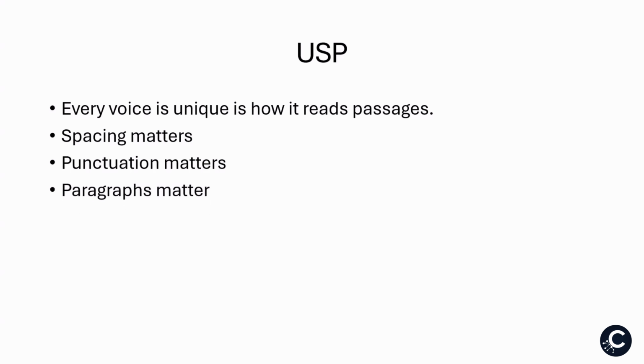Paragraphs matter. So if you change something from a long block of text to, let's say, 3 or 4 paragraphs, the AI is going to read that differently. So if you're trying to figure out how you can develop a way that the AI reads your content so that it does it the same way every time, you need to start thinking about how you're going to develop your paragraphs, how you're going to develop your content. And you want to be consistent about how you put it into the AI, especially in 11 Labs, but there's a figuring out process. So you need to figure out how the AI is going to read what you put in there.